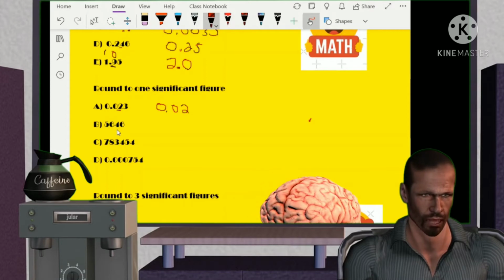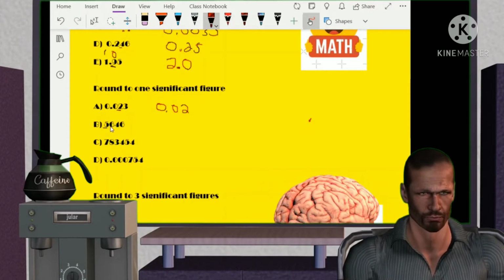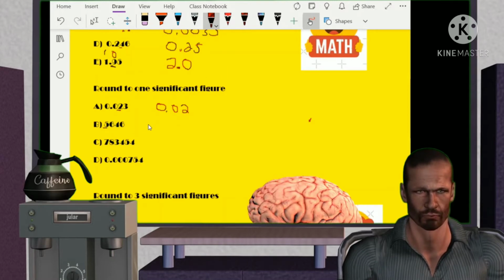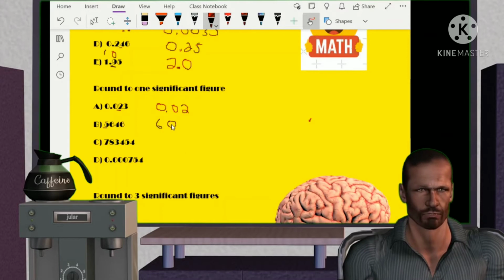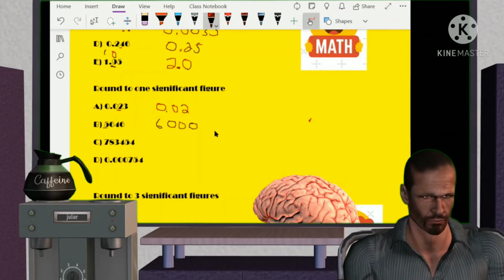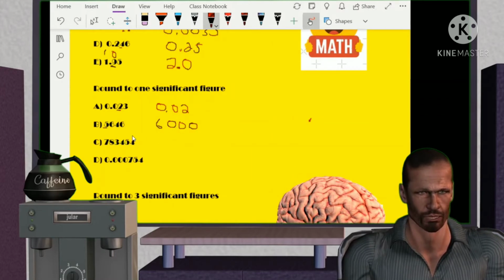What about 5,646? My first significant figure is 5. All right, the number after 5 is 6, which means I'm going to round the 5 up. So I'm going to have 6. And of course, we replace all the other digits by 0 because these are not significant. All right, what about